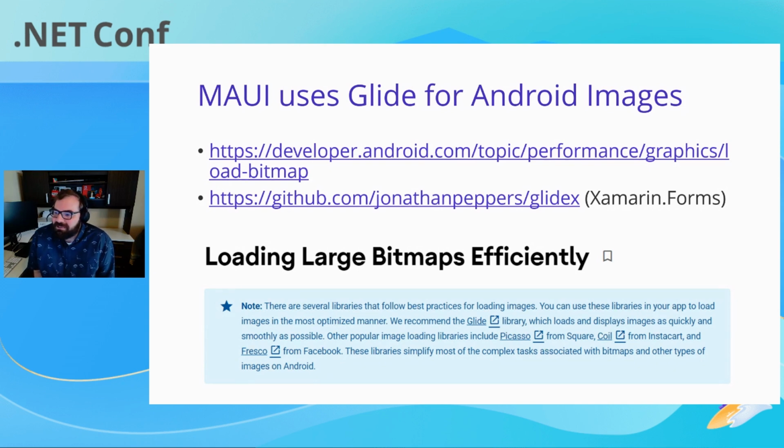So using this library was a good idea. We pulled that over to Maui, and it uses this library for loading images by default. That was a good improvement. You really notice a difference if you have images with URLs to the image on the web; you'll see a big difference comparing Forms and Maui. But just general image loading should be better as well.